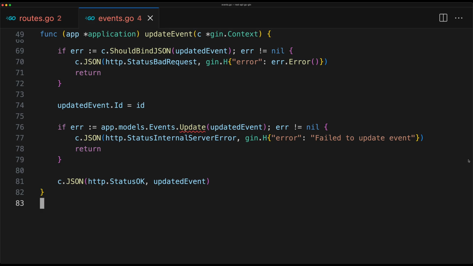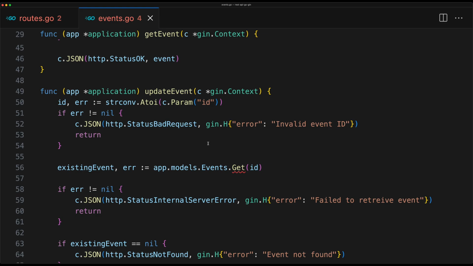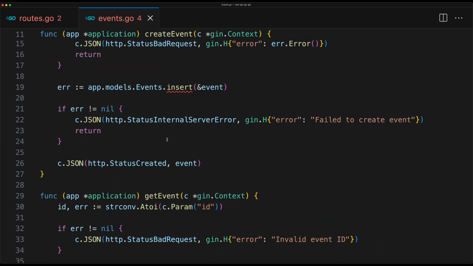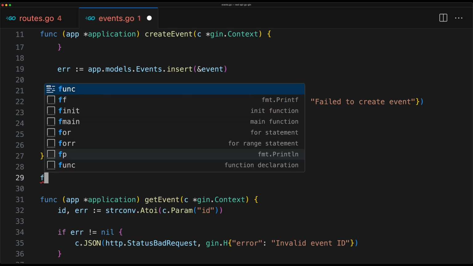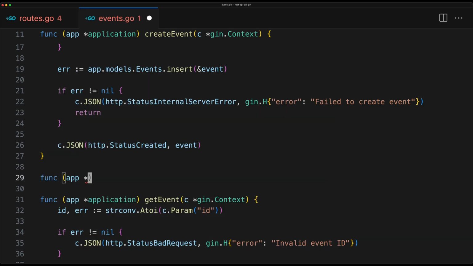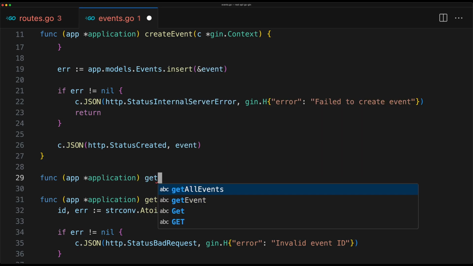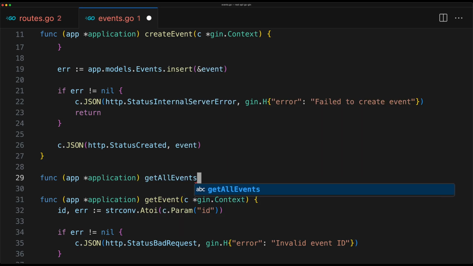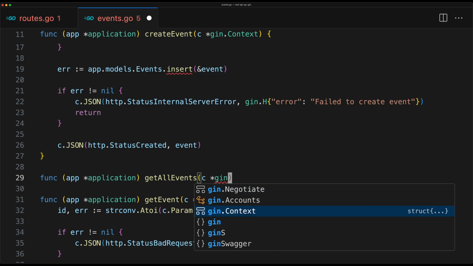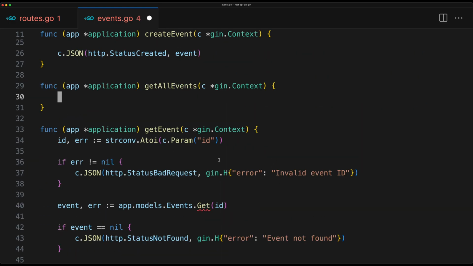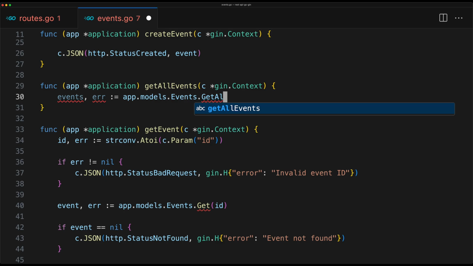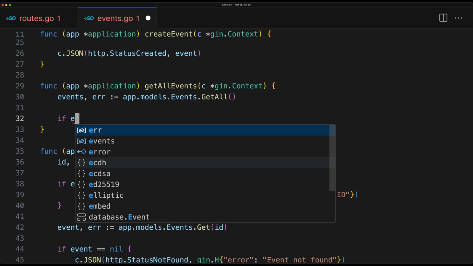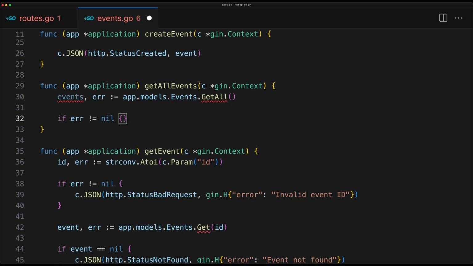So let's implement get all events. And we can scroll up here, and we can put it here on row 29. So func app application GetAllEvents. We pass the context, and then here we can say events, and then err. We say app.models.events.GetAll, and then we can say if err is not equal to nil, then we will say